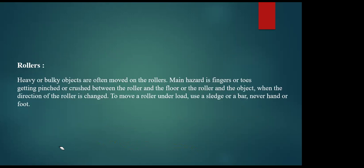Then rollers, like any circular rollers kind of material. Heavy or bulky objects are often moved on rollers. Main hazard is fingers or toes getting pinched or crushed between the rollers. Here the rollers, in the sense, these rollers have been used for the shifting of materials, or even in the villages also we used to see, if you are shifting any heavy material, they used to put this